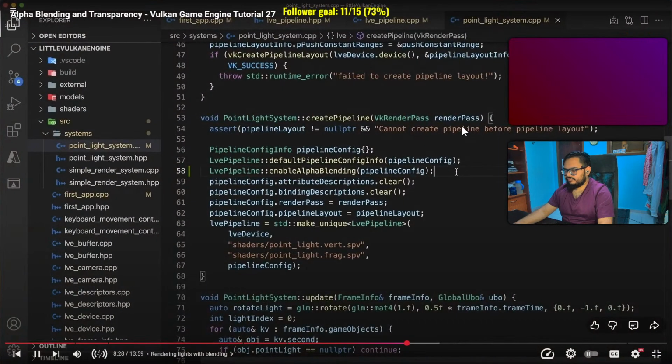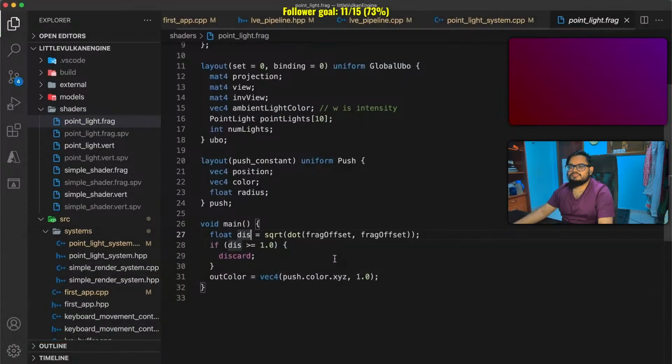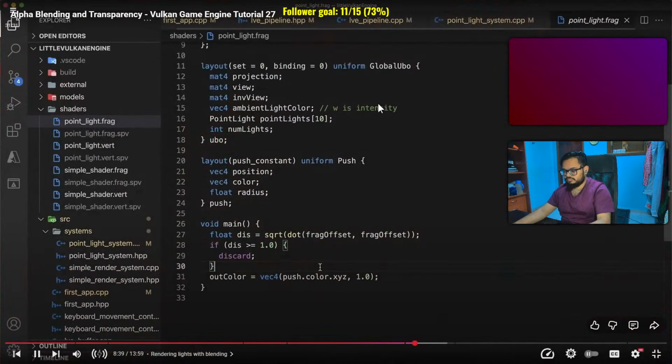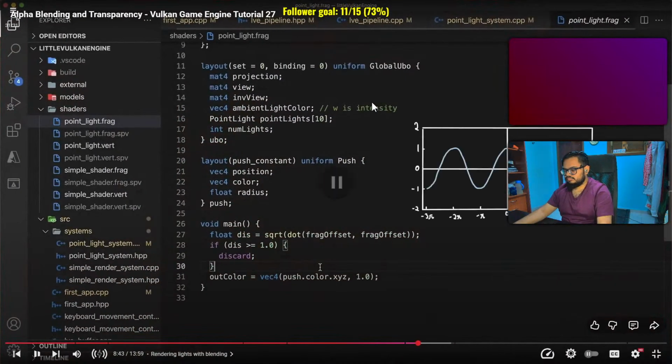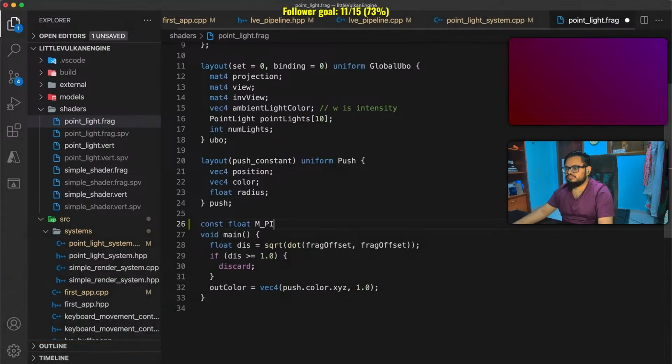Next is to make use of the alpha component in our point light fragment shader in a non-trivial way. Currently, we always output the value of 1. I'll make the alpha approach 0 as the distance from the center of the point light approaches 1. The cosine function can be a nice function for this since it's continuous with 0 slope at its max and minimum. We'll need the pi constant to properly map the domain, so I'll define a const float